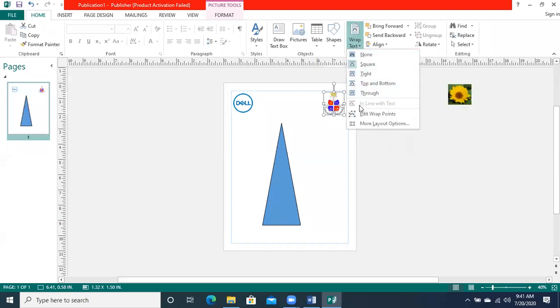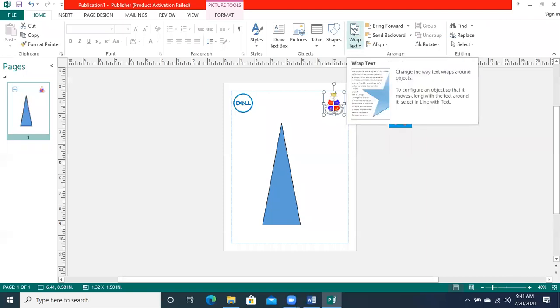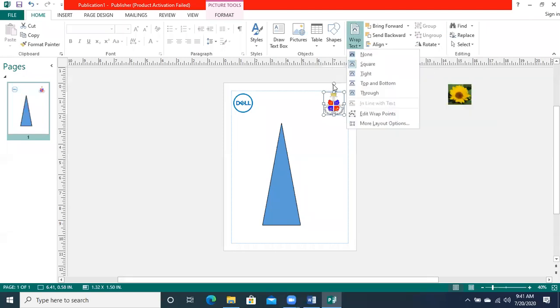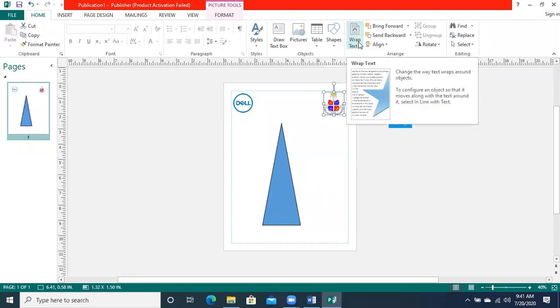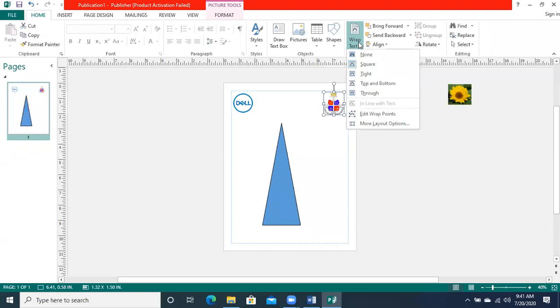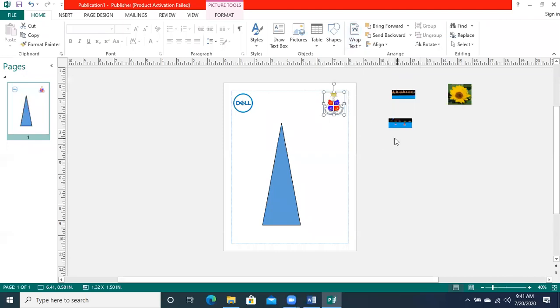So wrap text is used to arrange the picture around the text. Whenever we have some text and a picture, the picture will be arranged by the wrap text option. Otherwise, the picture will come over the text.